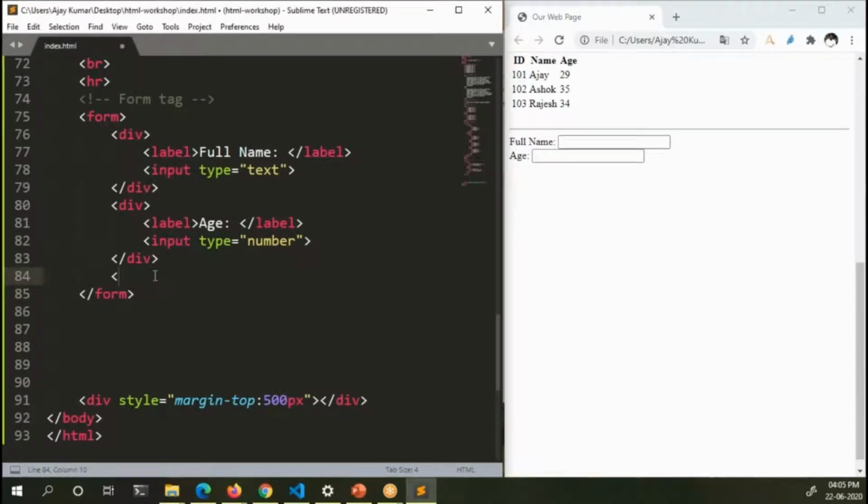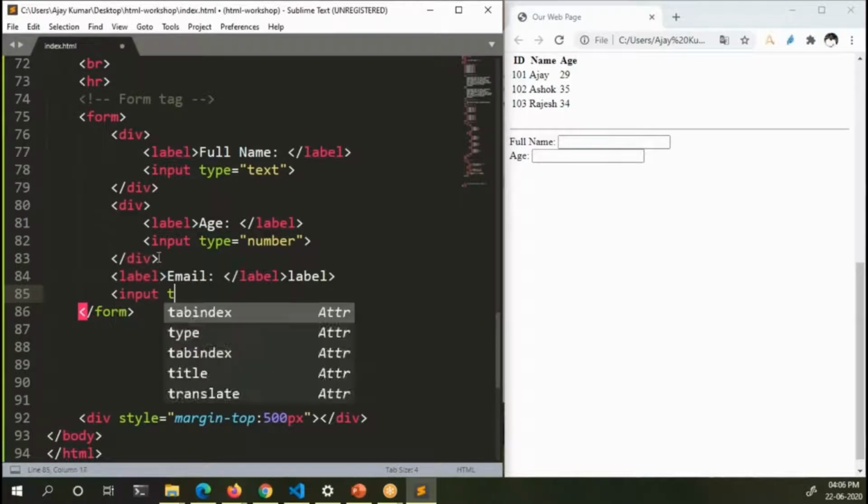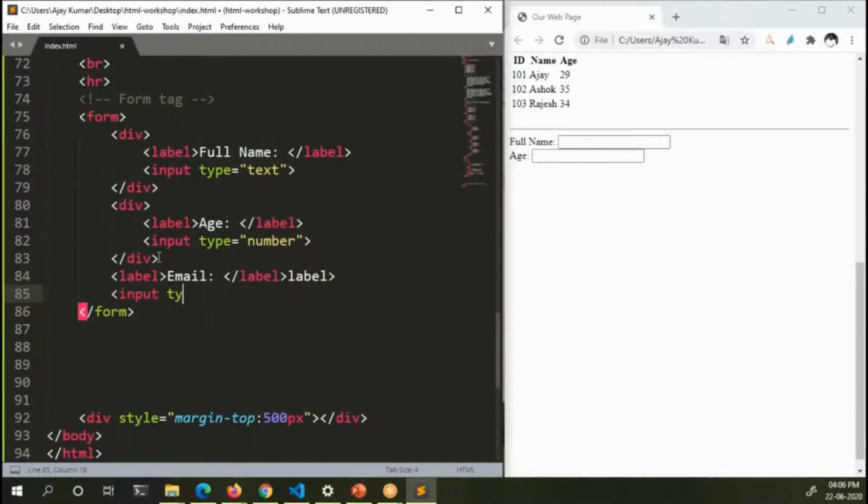Right, so the next element that we are going to ask the user is email ID. Email, label, input, type equal to email.